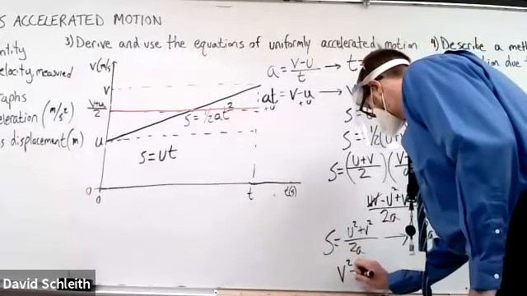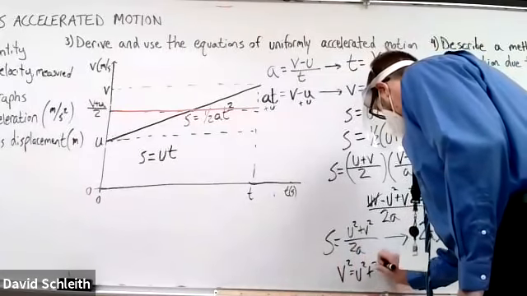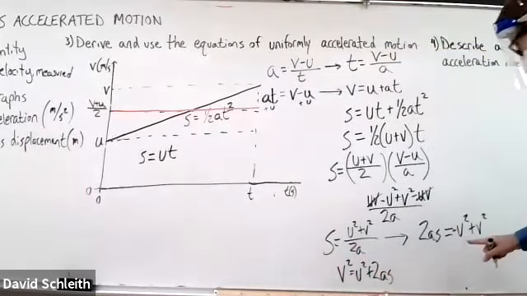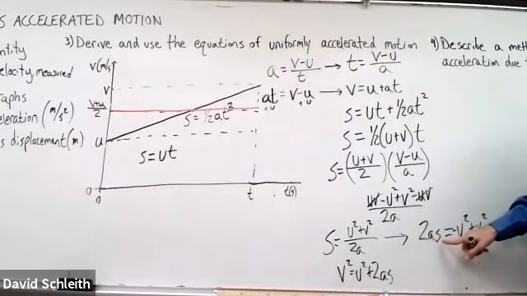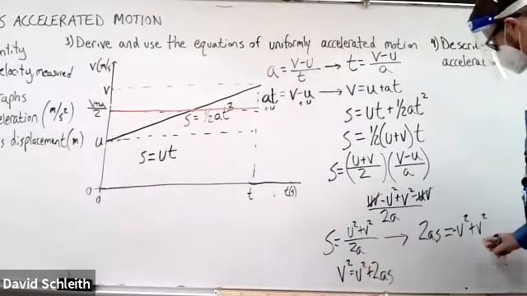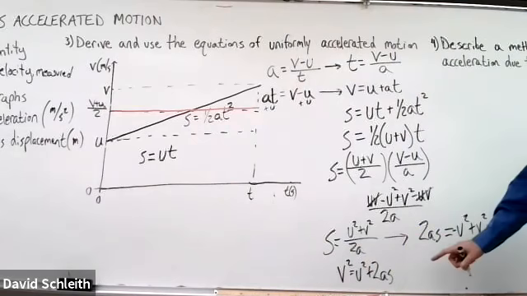v squared equals u squared plus 2as. And again, you just add u squared to both sides. So it's u squared plus 2as on that side, u squared all by itself. And so this is one that we